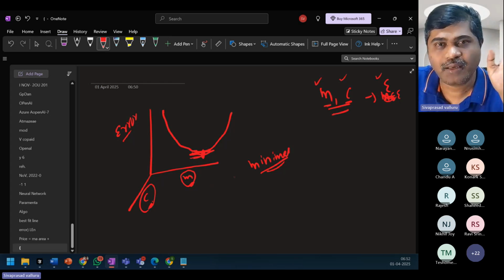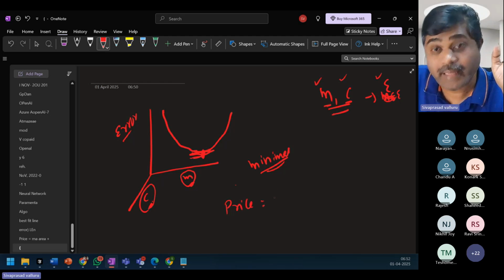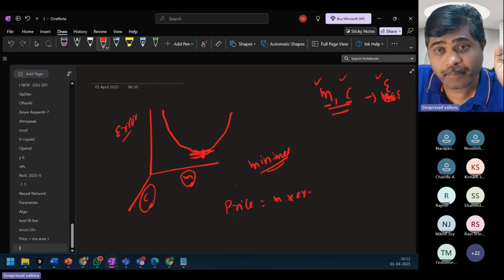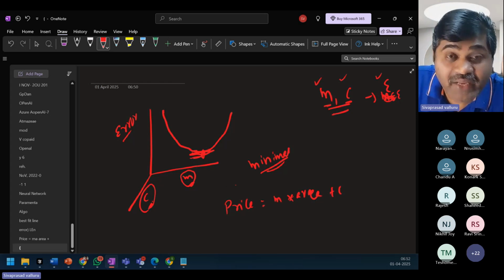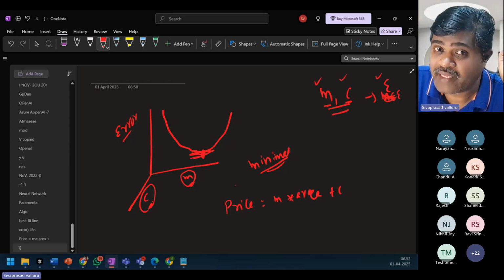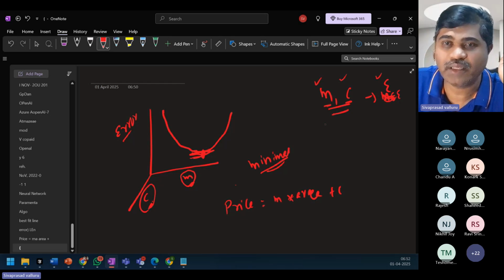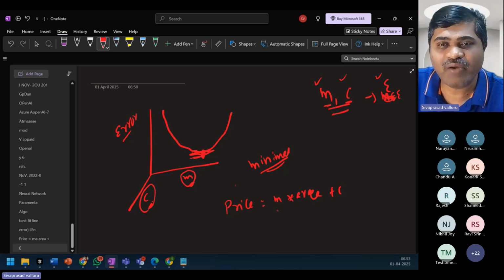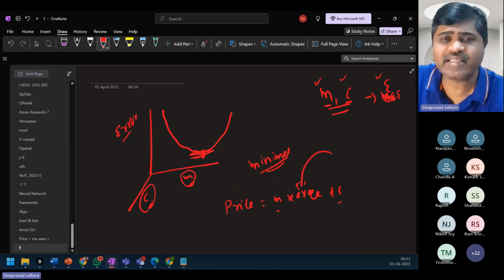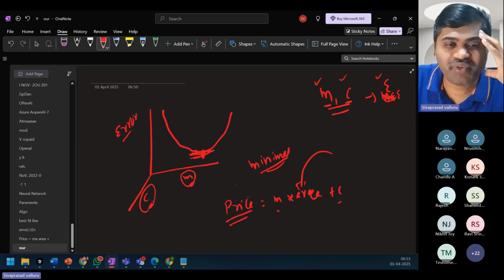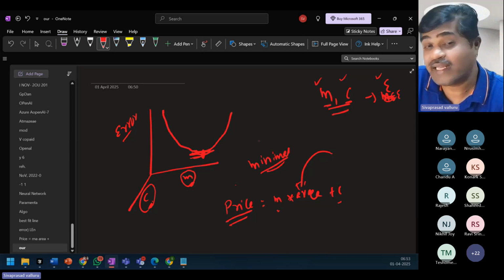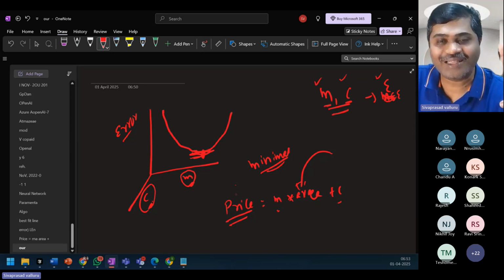So it will fix. Now we have the equation price equals M into area plus C. And our algorithm might have identified at this point the values of M and C. So once we have the values of M and C, if you are given an area, we can easily predict what the price is, right?